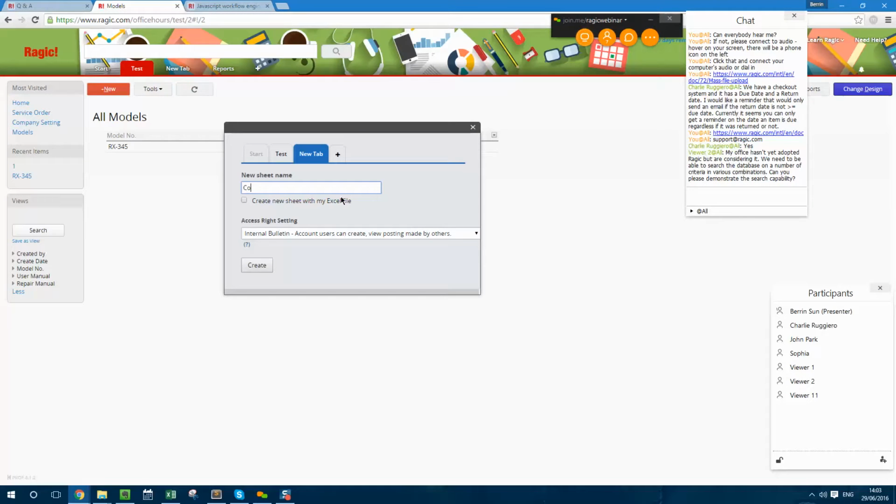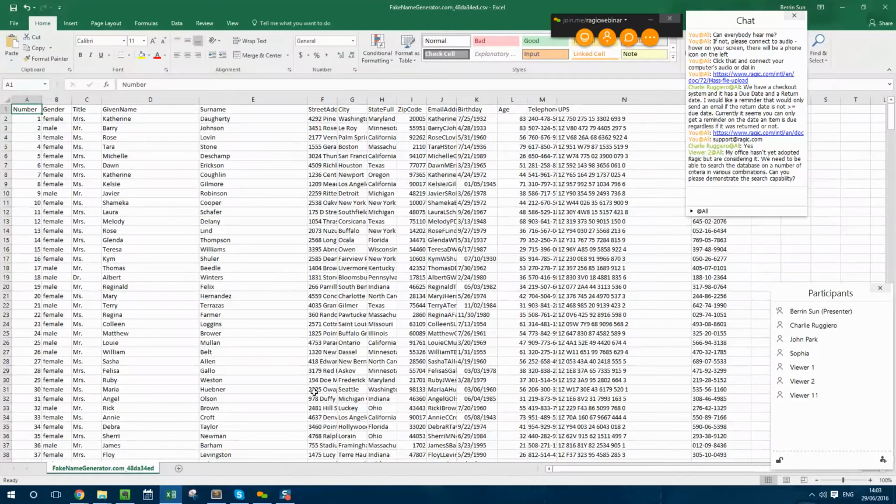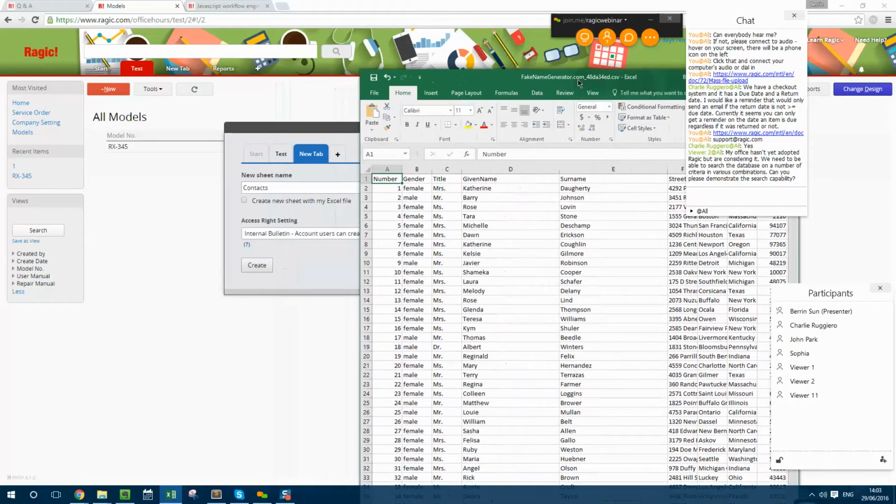Alright, so I'm going to create a contact sheet here, and while uploading, if you already have your data in an Excel spreadsheet like this, it's important to know that the first row is your field titles. So these are all titles, and this is how usually people keep their data, with the title in the first row. Usually this has a format, like it's bold and center aligned or something. It doesn't matter. The title is the first row usually, and then you have all your different contacts